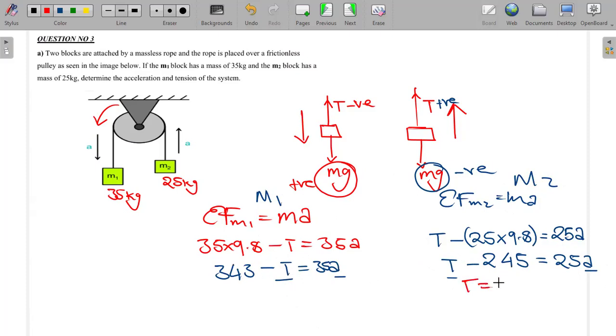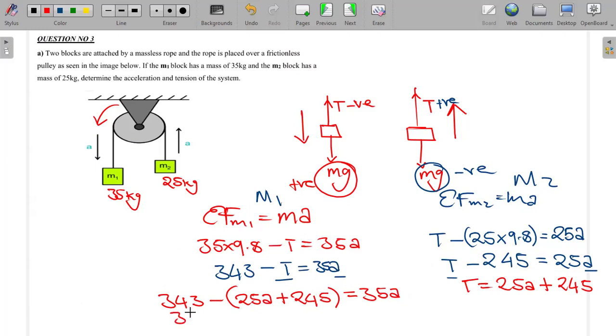My T will be equal to 25a plus, if I take the 245 to the right hand side of my equation, I'm going to have a plus, so we'll have plus 245. Now get this value of T and plug it into this particular equation. So I'm going to have 343 minus, I'll open my brackets, 25a plus 245 like this, and this is equal to